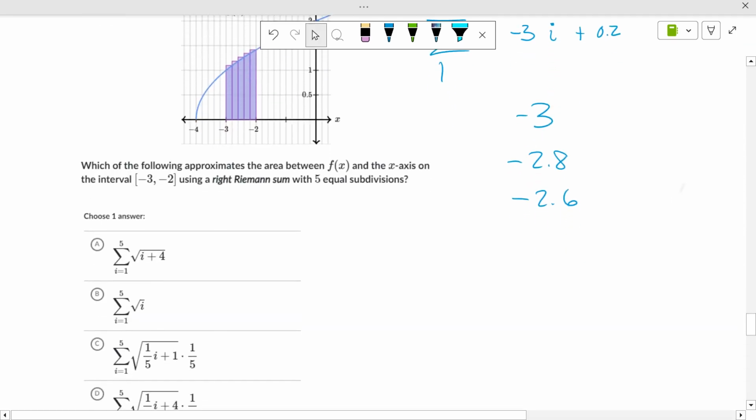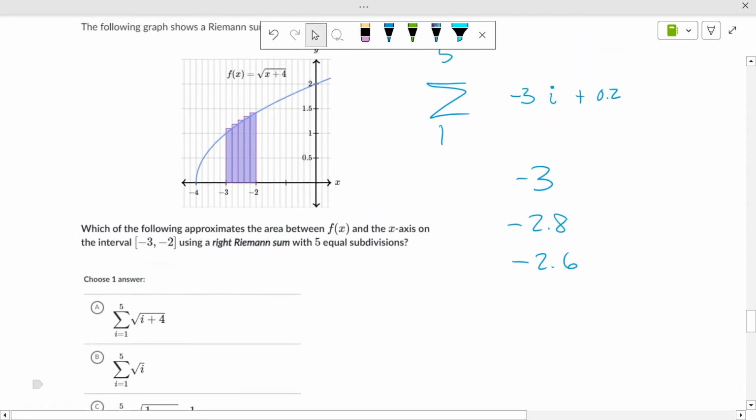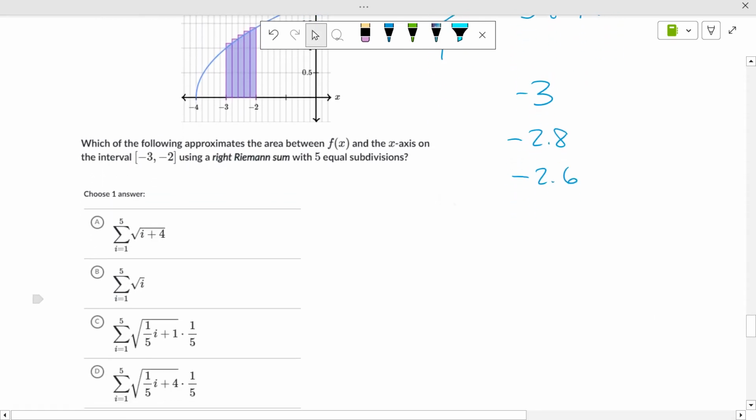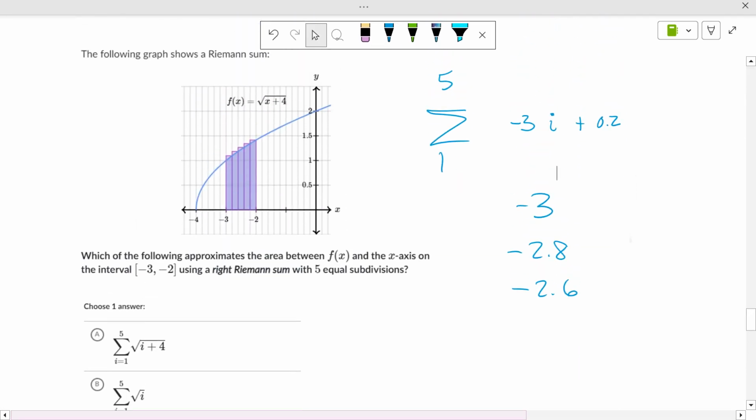That's the tricky part. Now, what you can do is come down here and kind of steal their ideas, okay, because it is multiple choice here, okay? So it says 1/5 of I plus 1. Let's see if that works. 1/5 of I plus 1. And that is inside the square root, so that's my x. So if I go 0.2